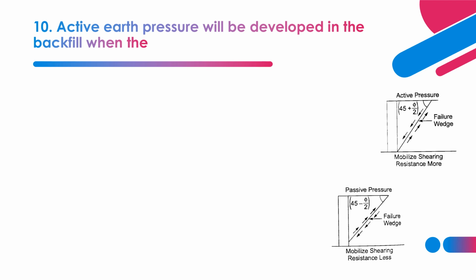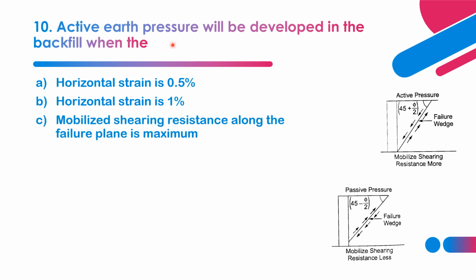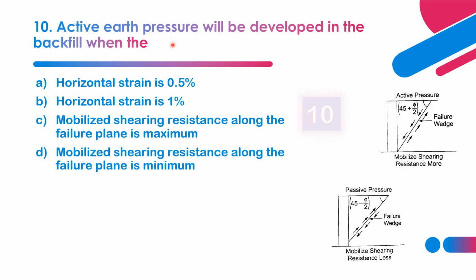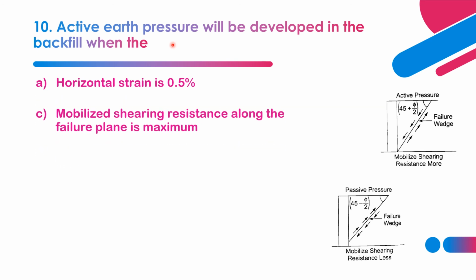Active earth pressure will be developed in backfill when? When will the active earth pressure develop? When there is horizontal strain 0.5%, or when horizontal strain is 1%, mobilized shearing resistance along the failure plane is maximum, or when it is minimum, which will be applicable for an active earth pressure. So options A and C: for an active earth pressure, horizontal strain will be around 0.5%, that is very less. And in case of active earth pressure, mobilized shearing resistance along the failure plane will be maximum,